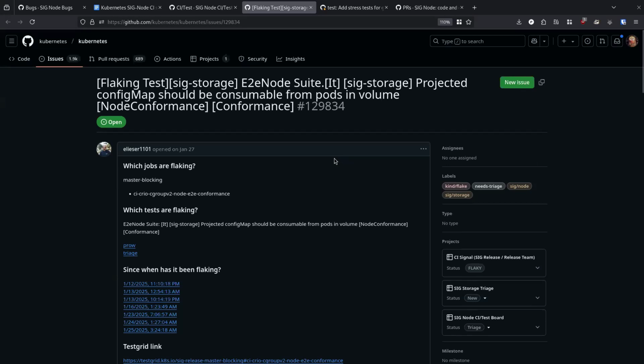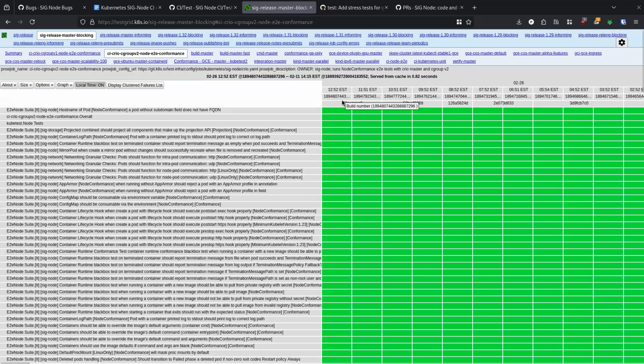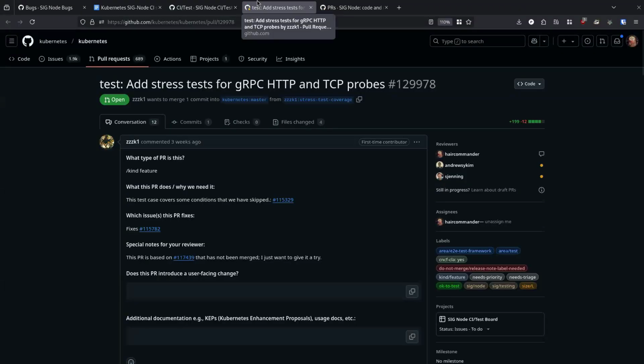Oh, not all of them. The cryo node EG conformance, yeah, you can see the test grid is master blocking. Totally. All right, so it's still there. And it's fine. We'll try and address these.